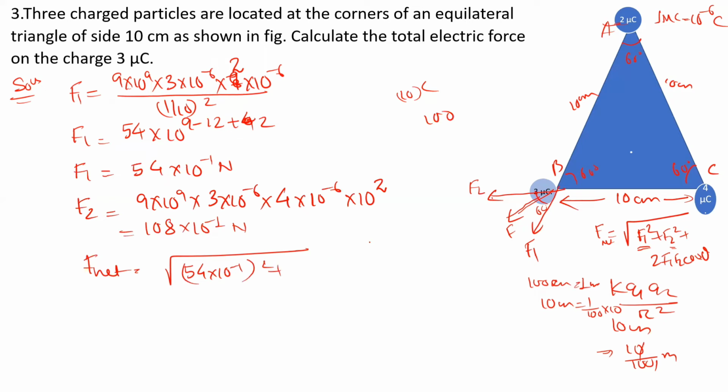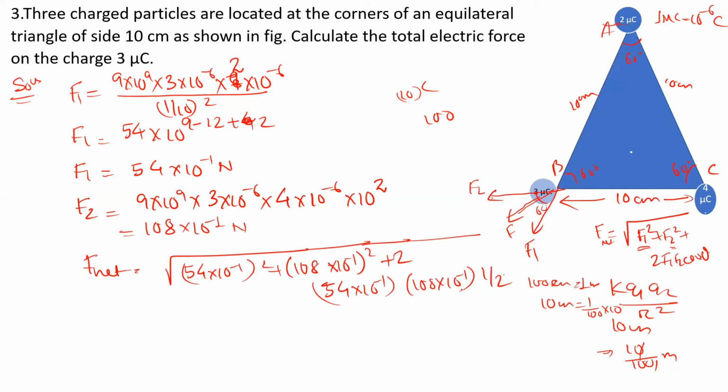That is F1 square plus (108 into 10 to the power minus 1) whole square. It is F2. 2 F1 into 54 into 10 to the power minus 1. And here 108 into 10 to the power minus 1, F1, F2. And you're having what? Cos theta. You know what is cos theta? It is cos 60 degree. Cos 60 degree is 1 by 2. Okay, this 2 will